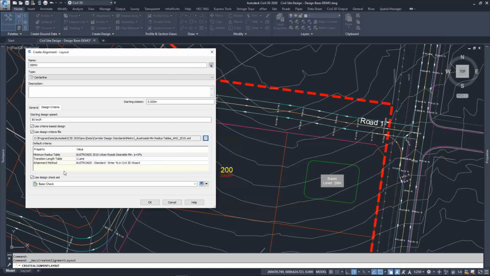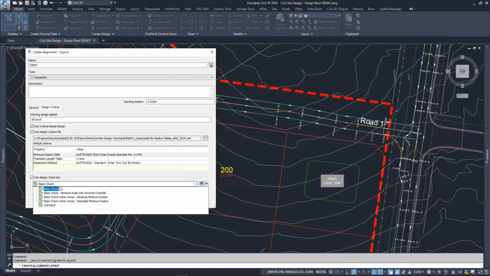And in here, we've got the design checks. Now you can customize these. The one that I want to apply will be basic for urban areas, and we want desirable minimum radius. In case you're not aware, desirable and absolute are different standards that are applied in OSRoads, where you've got absolute settings, which are pretty much the difference between safe and unsafe, and desirable, which is the difference between comfortable and uncomfortable. So that's the difference between those, and my advice would be to typically apply desirable settings first, and